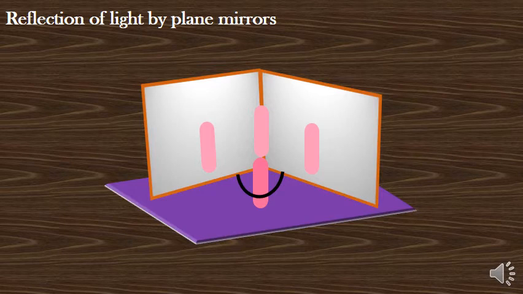Okay, now this is for your homework. You can change the angle between mirrors. You can consider 45 degree, 60 degree, 120 degree and 180 degree. Okay, now note down the number of images of the object you see through these mirrors. Finally, set these two mirrors exactly parallel to each other, meaning both are facing each other but the object is at the center, and then tell me how many images will you observe.